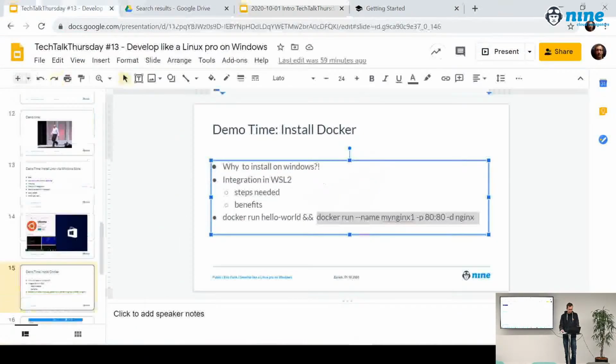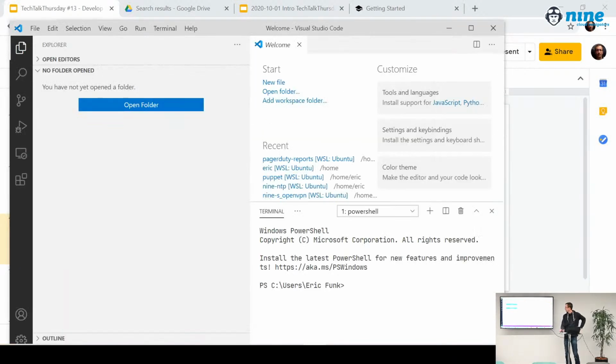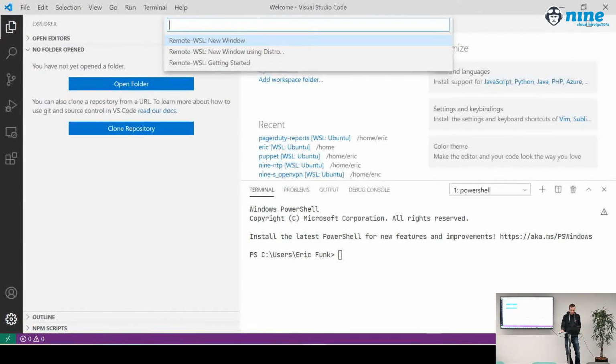Next, Visual Studio Code. We already said it. It's also a tool that evolved quite a lot over the years, and it's being used by many developers today. And there's actually also good support for Windows now. Funny thing, as you can see, by default it still boots into this Windows mode. So in theory, I could now develop some C# code or whatever. I'm a Windows developer. But if I want to switch into a different world, if I want to develop Ruby or Go or whatever, I have this little connect thing here.